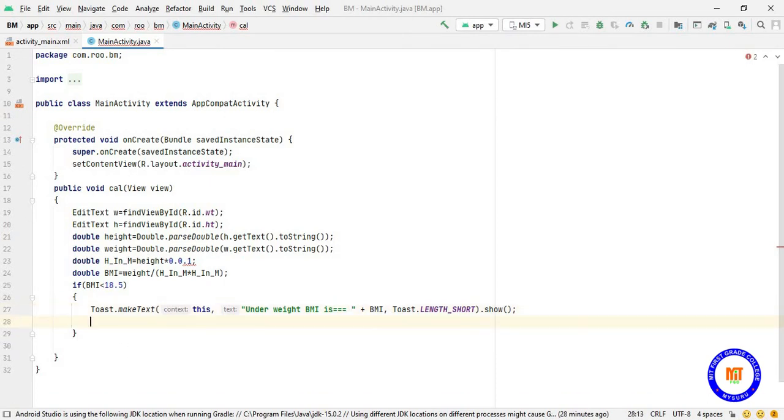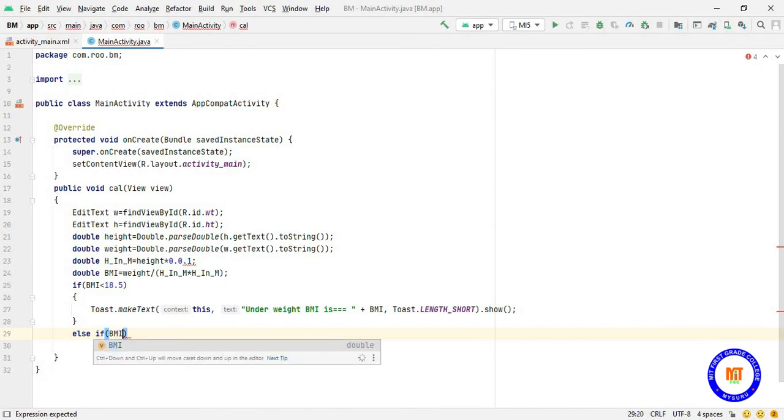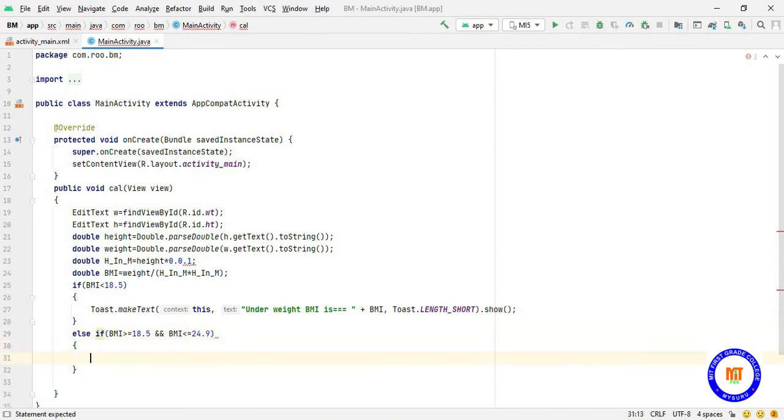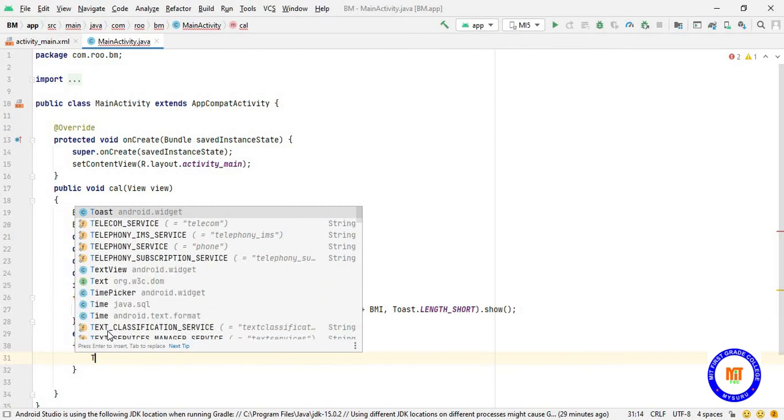Next, we have to use else if the BMI is greater than or equal to 18.5 and BMI is less than or equal to 24.9, then it is a normal weight.